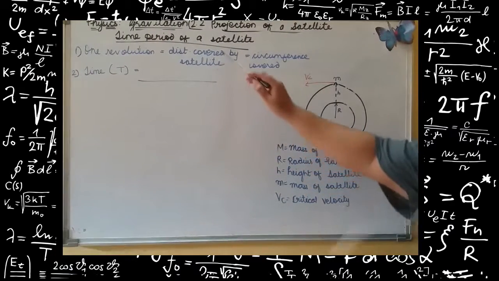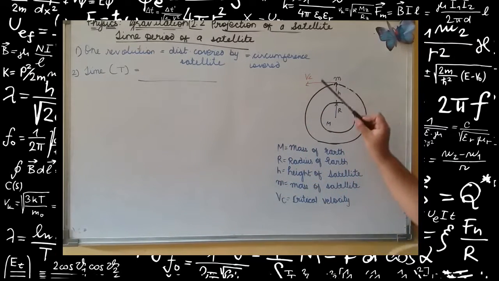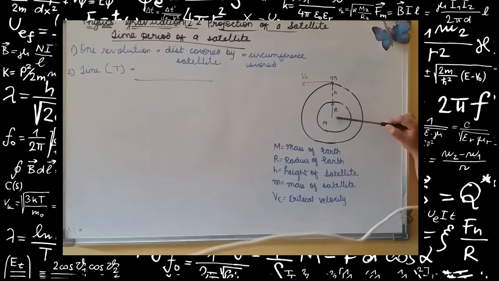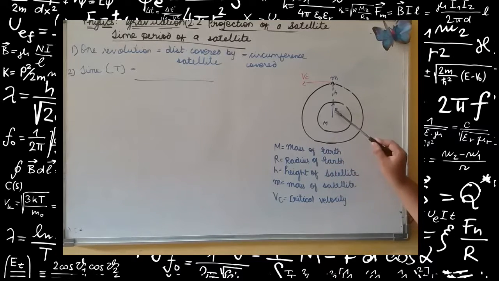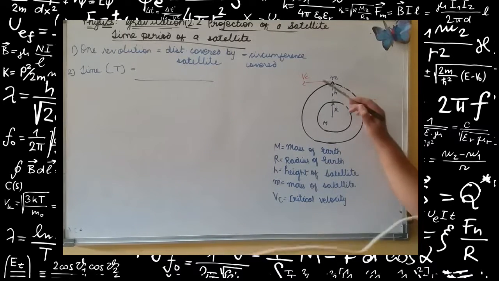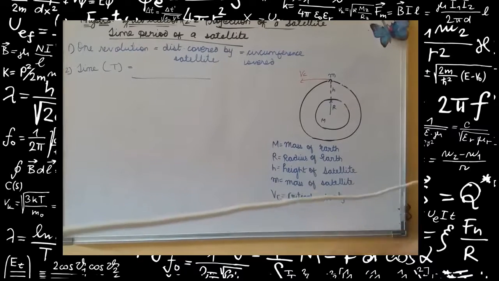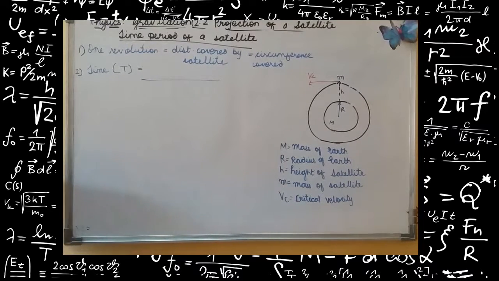Let us know how much time period a satellite takes to complete one revolution. Again we have drawn a figure. See, this is Earth. Earth would have some mass, so capital M is the mass of Earth, capital R is the radius of the Earth. The satellite is at a certain height, so the height would be small h. The satellite would have some mass, so small m. Vc is critical velocity. As you can see how topics are interrelated to each other. So what would be the time period taken by the satellite to take a revolution? It would be